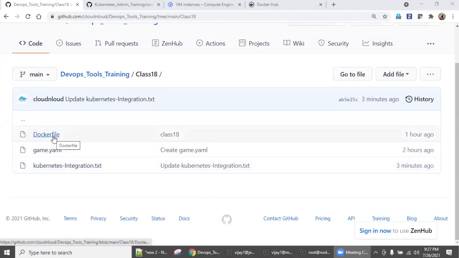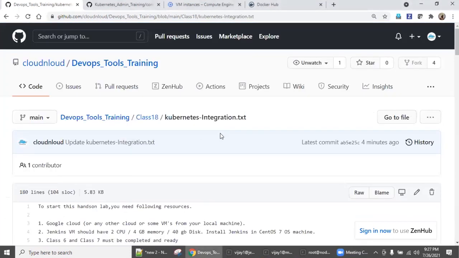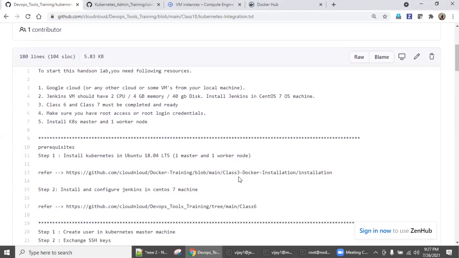One is the Dockerfile, which I already created. There is a YAML file which we are going to use to deploy on top of Kubernetes. And the procedure is also mentioned in Kubernetes-integration.txt.